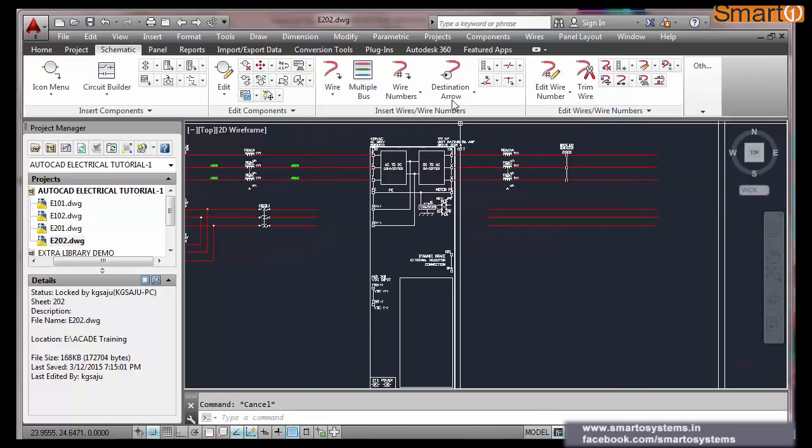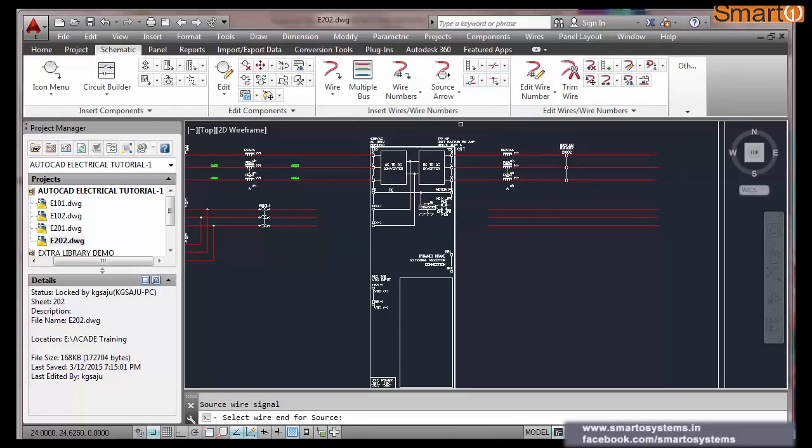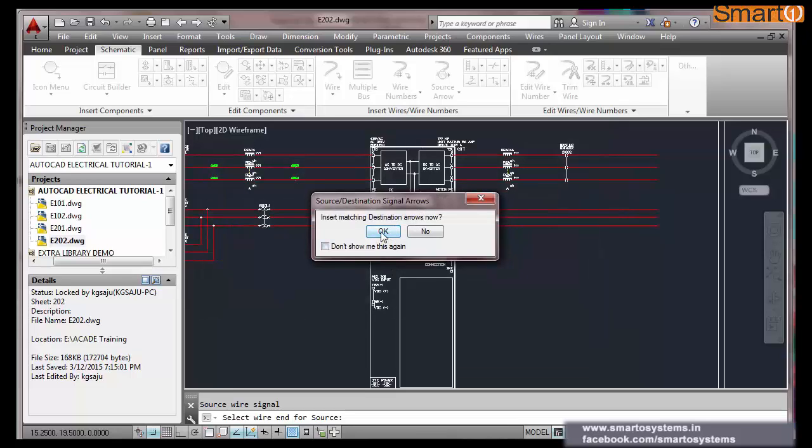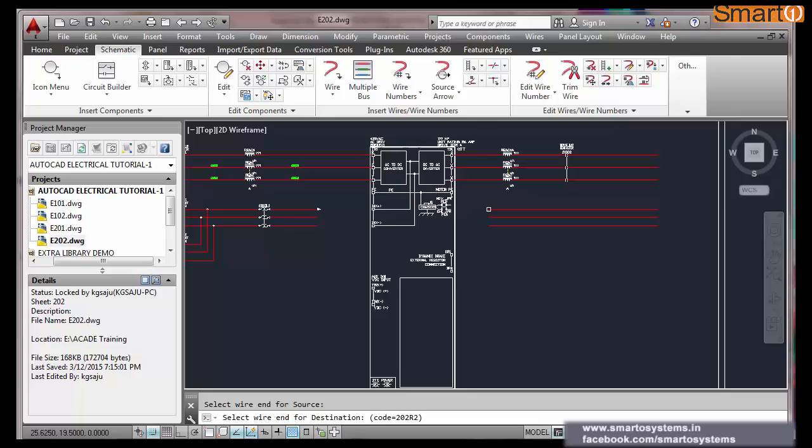Here, this portion I will do some source and signal arrow. Here 202 R1 I cannot put because I have already used R1, so I will put R2. This time this destination arrow I have to put in the same sheet. I know I have already drawn those wires as well. So I will click OK.